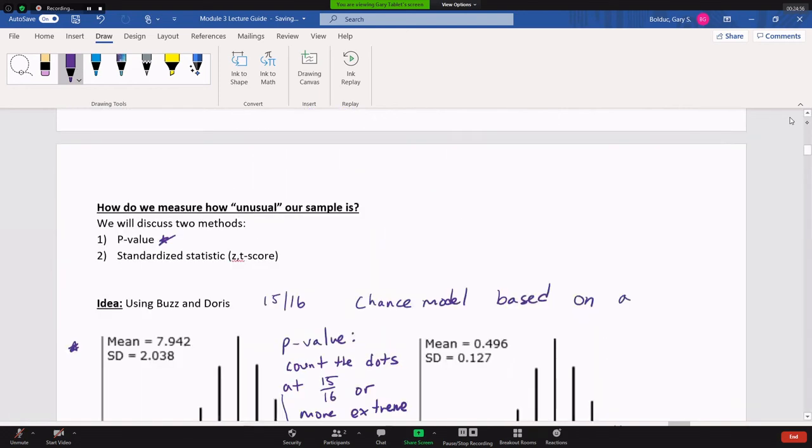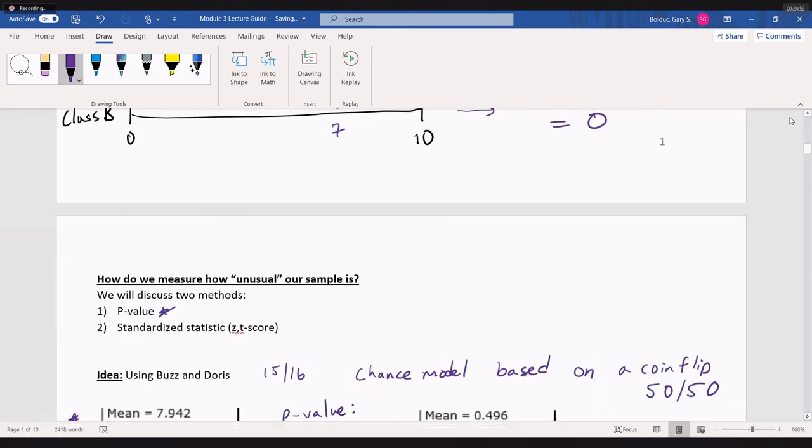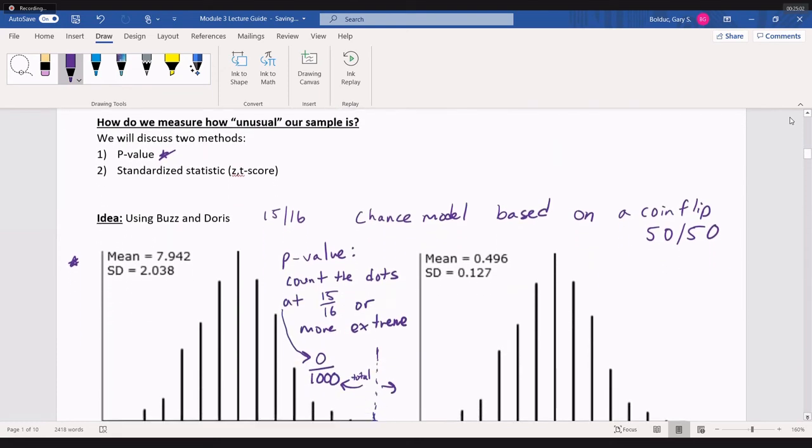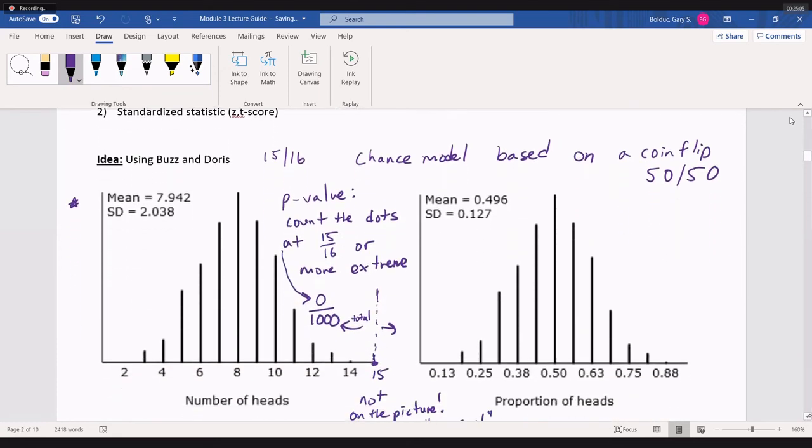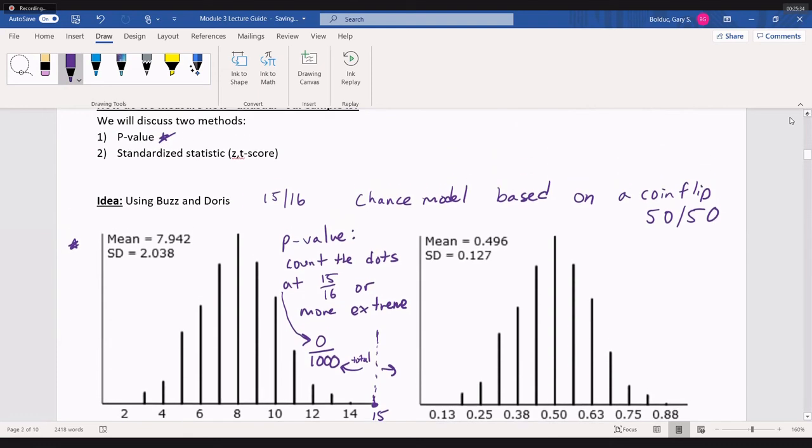So that's p-value. The other way is called the standardized statistic, and there's the z-score and the t-score. So let's forget about that for a second. Okay, so the standardized statistic is another way you might already think about this. The p-value is looking at how many times our simulation was like our statistic. We're not going to do that. What we're going to do instead is say, how far is our statistic from the middle? So the standardized statistic all it does is measure